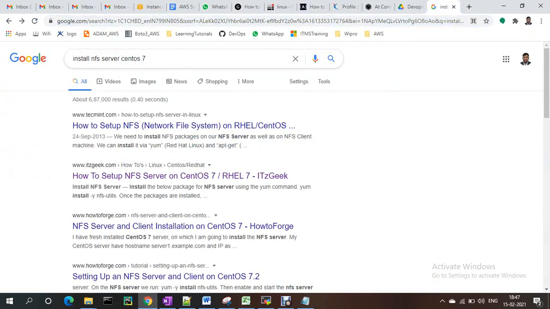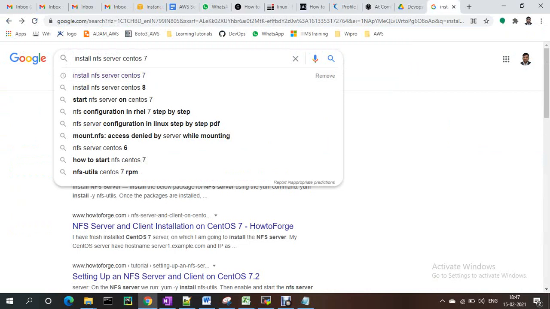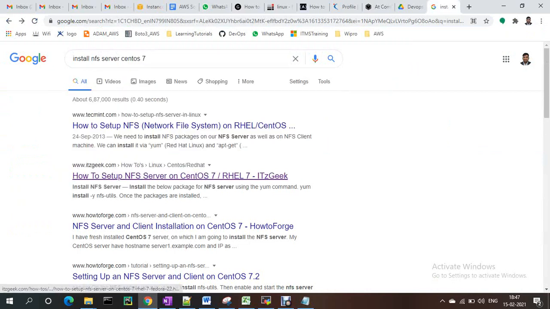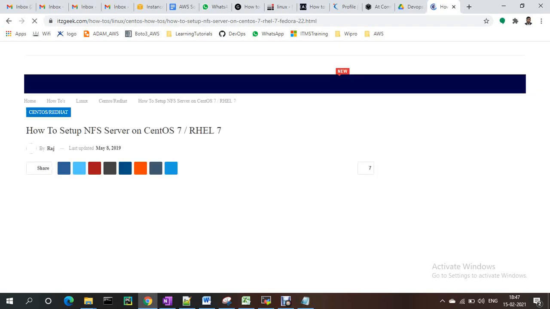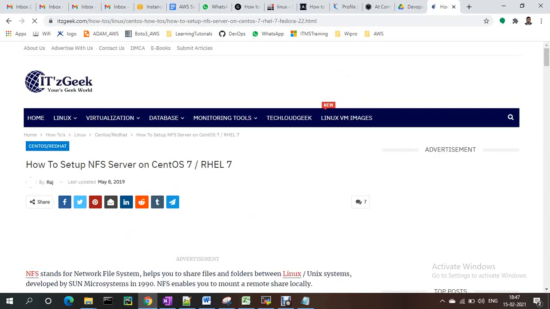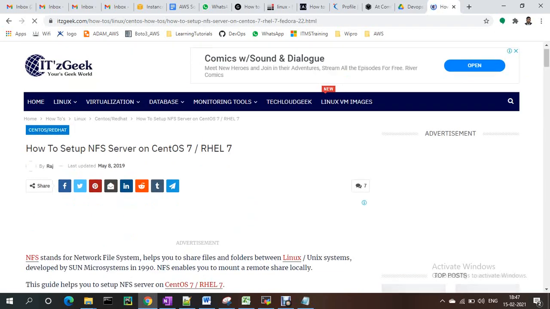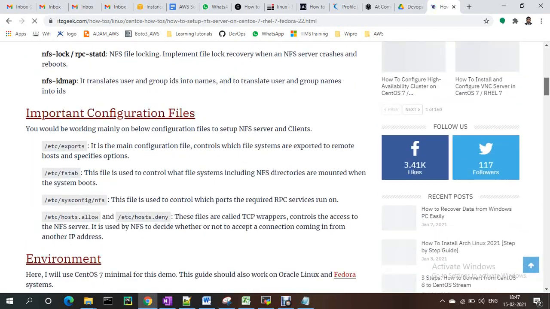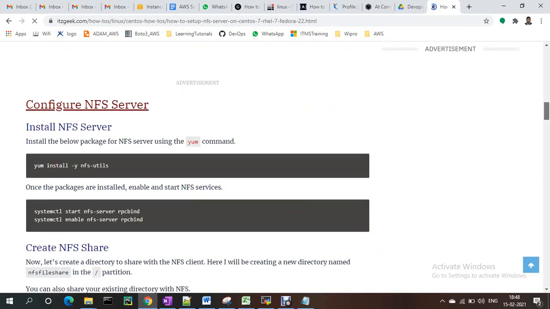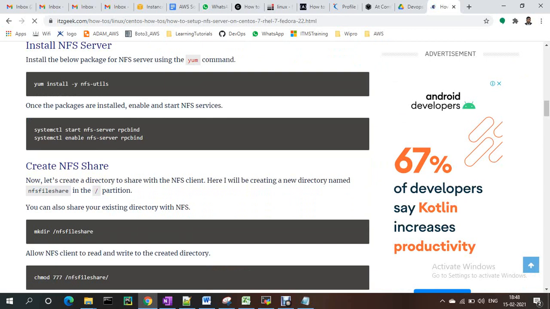Let me google NFS installation on CentOS. I just googled NFS server and I'm taking the configuration details. First I will check whether the NFS utilities package is there or not in this server, using rpm -qa | grep nfs-utils. Sorry, it's rpm, just a typo mistake.